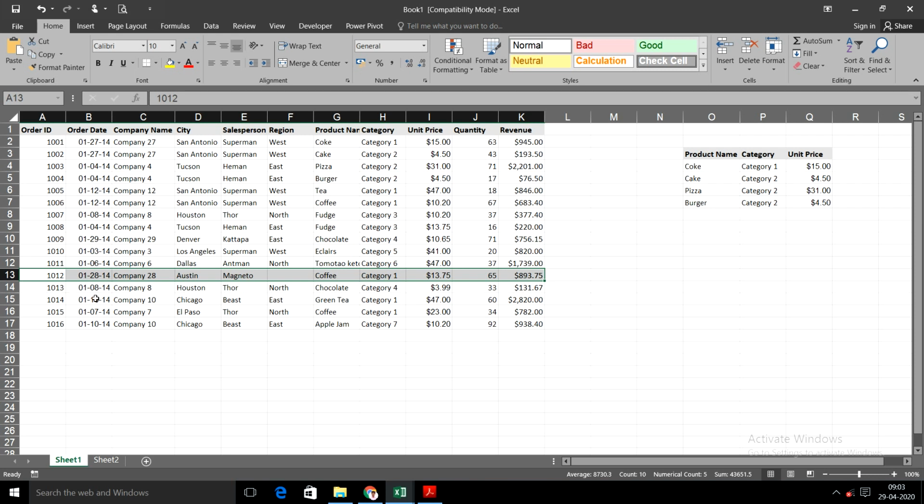So this is how you can select a text in a table, either in a row or in a column. Then the next one,